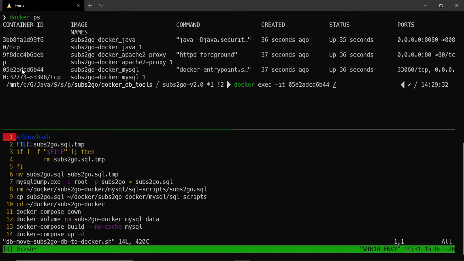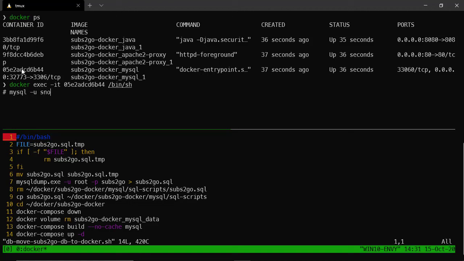And normally you could just use bash, but in the Alpine containers we use bin/sh, and that takes us, we're now logged into the container, and from here, because it's MySQL,